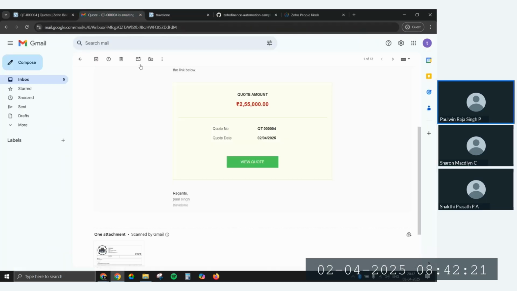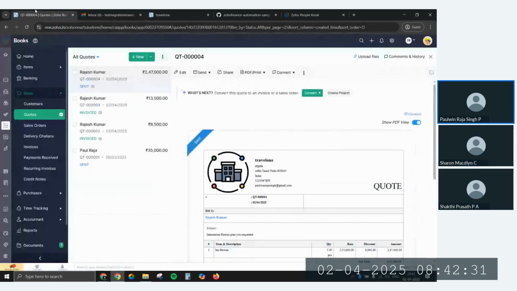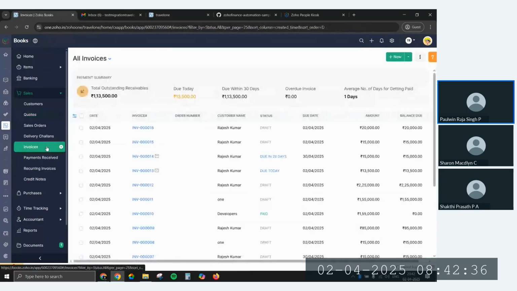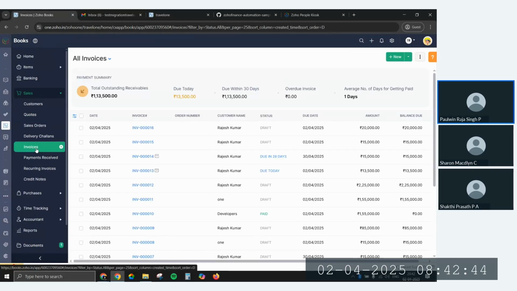And similarly, they would receive the code just like how we did earlier, and they would be able to accept it using the customer portal. Yeah, we have received the code. So getting back to the invoices, you could convert the sent code that they have accepted into an invoice, or you could manually create an invoice from here. So I'm just going to create an invoice